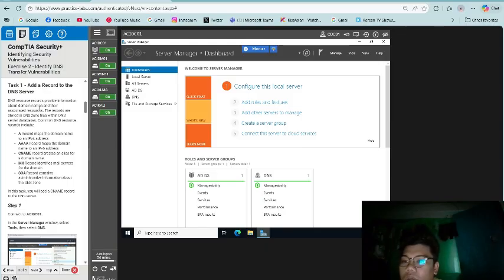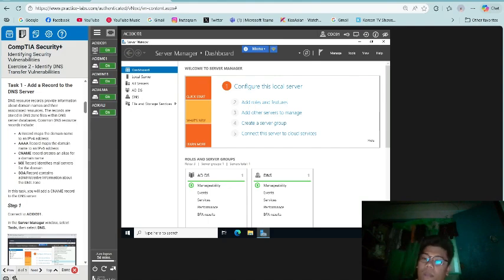DNS resource records provide information about domain names and their associated resources. The records are stored in DNS zone files within DNS server databases. Common DNS resource records include: A record maps the domain name to an IPv4 address.